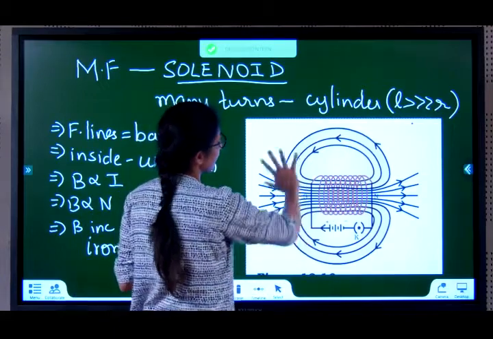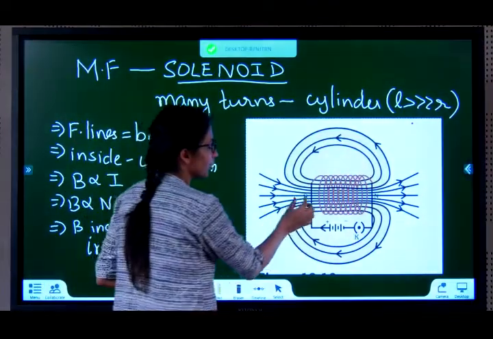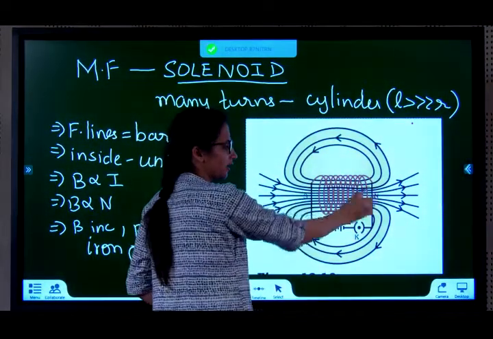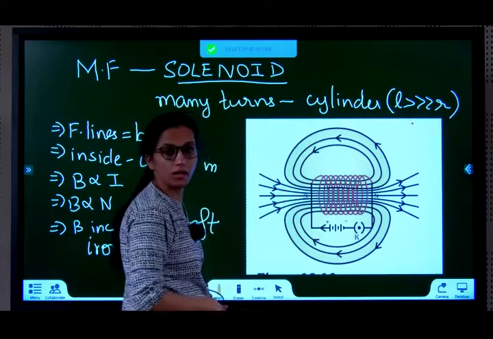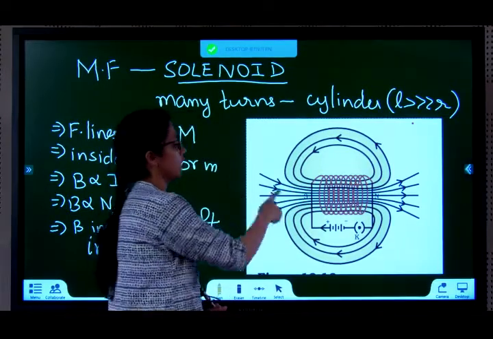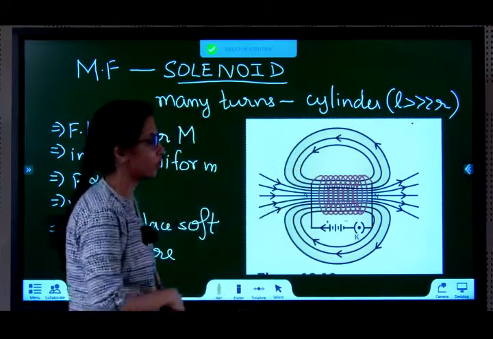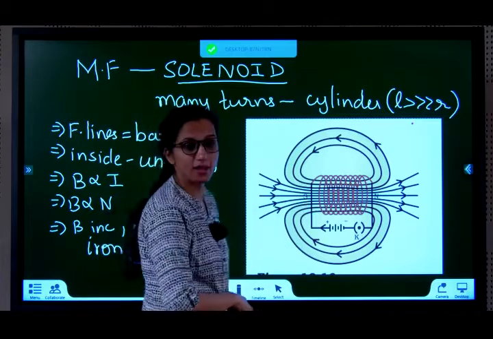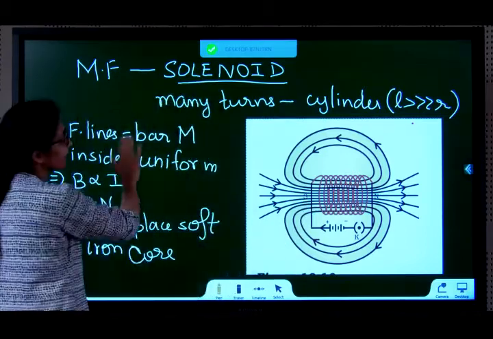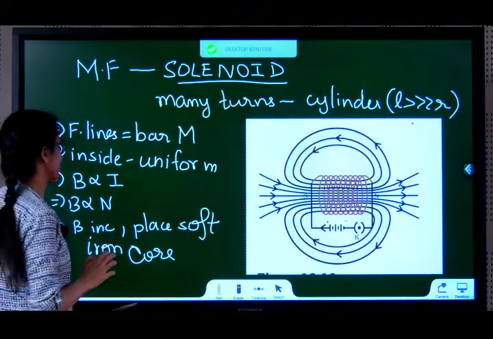See the field lines? It just looks like the field lines of a bar magnet. South pole, north pole. You can even start from north and south, doesn't matter. Instead of clock, you'll have to go anti-clock initially. I started with clock, so it started with south and here I went towards anti-clock, so it became north over there. So the point to understand is the solenoid now behaves as a bar magnet. The magnetic field lines around the solenoid are similar to that of a bar magnet.